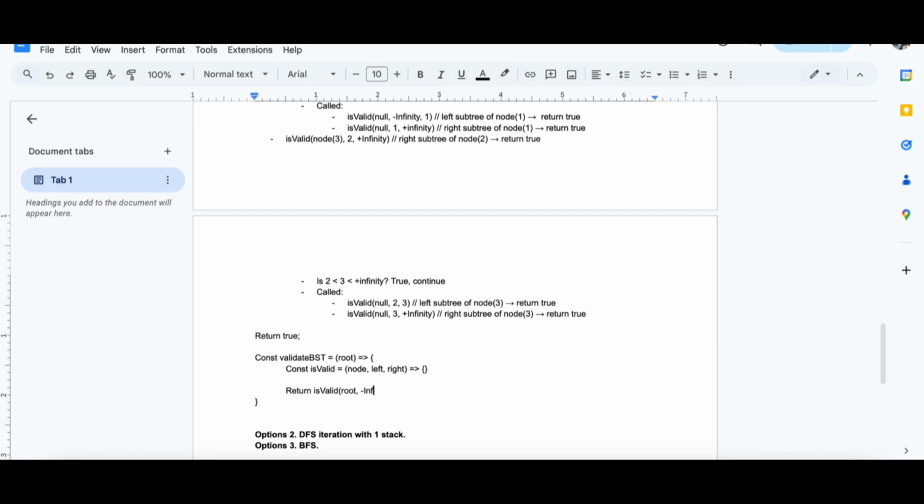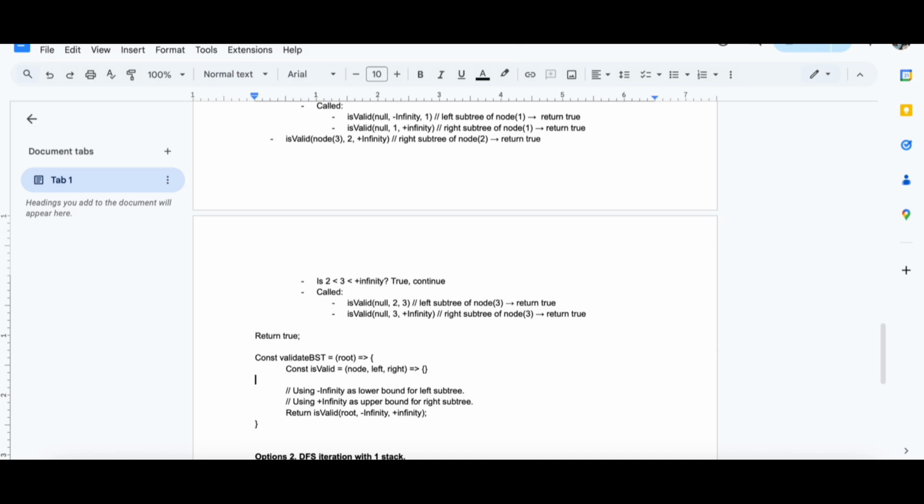Then negative infinity as the lower bound for left subtree, using plus infinity as upper bound for right subtree.